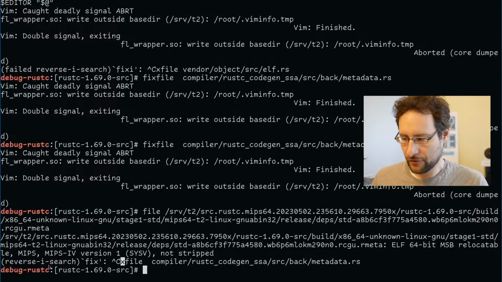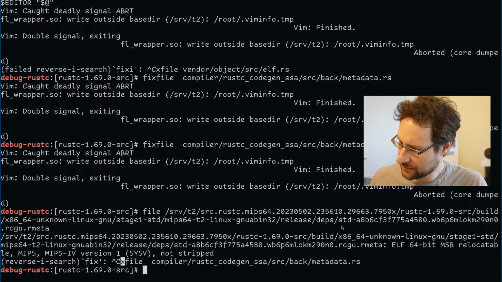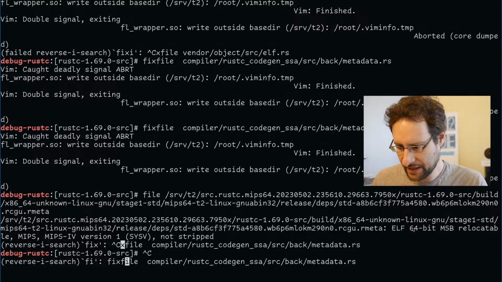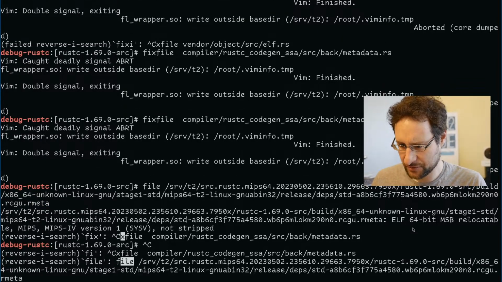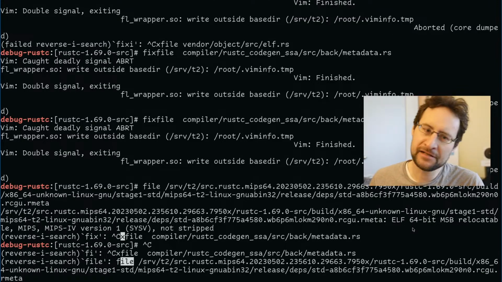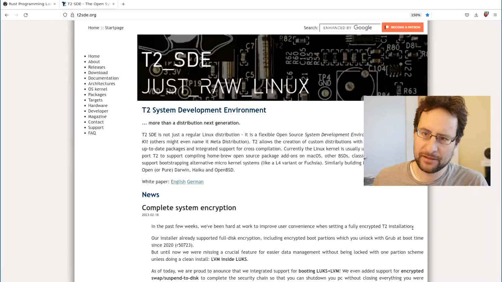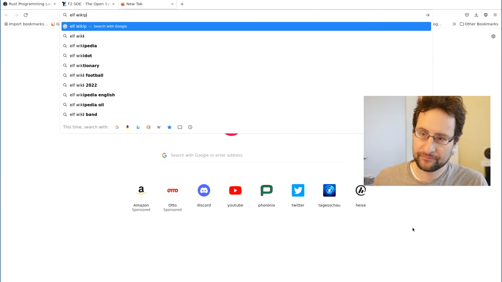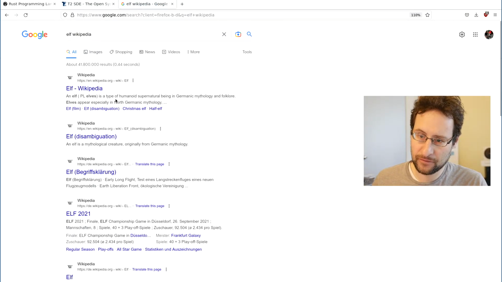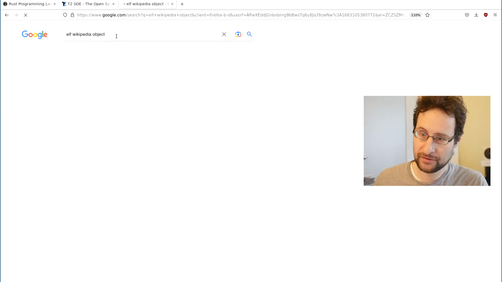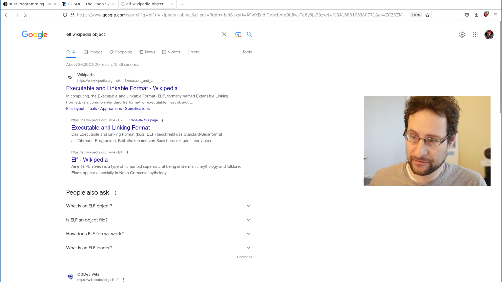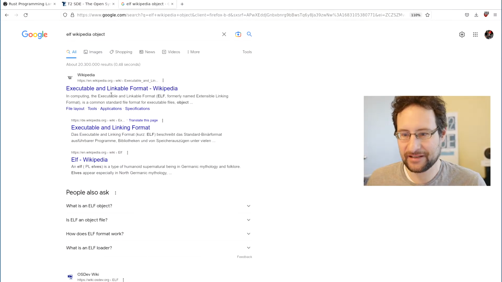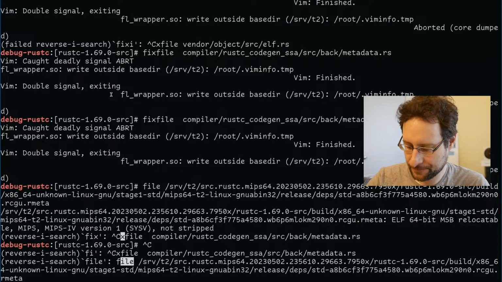So it does not fully work. It still outputs this as 32-bit. As far as I remember, this needs to be a 32-bit ELF file. The problem with 32 versus 64-bit ELF files is, this was link format, what was it, extended executable link, I always forget. Executable and Linking Format, of course. Cheers.